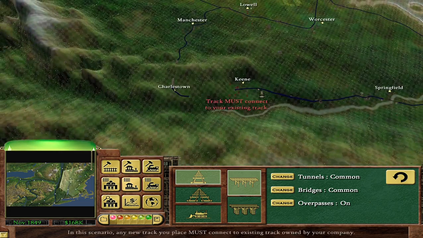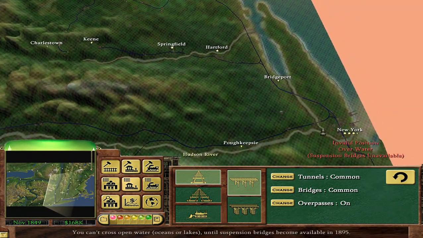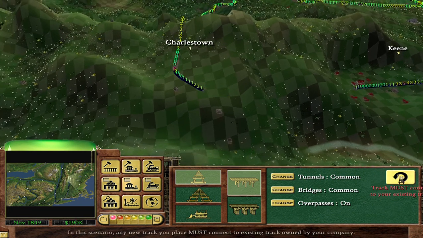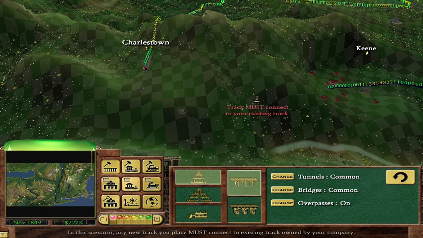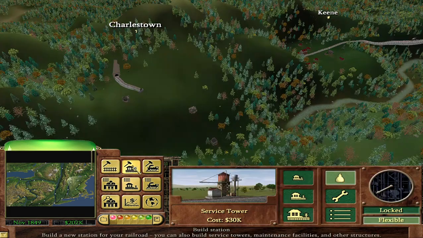I really do want to connect Charlestown to Keene, because that opens up Springfield, Hartford, Bridgeport, and New York, etc. Although I don't think there's actually really anything in Charlestown itself. But this is not really looking very doable right now. If I had about 1 million or so, I could maybe...